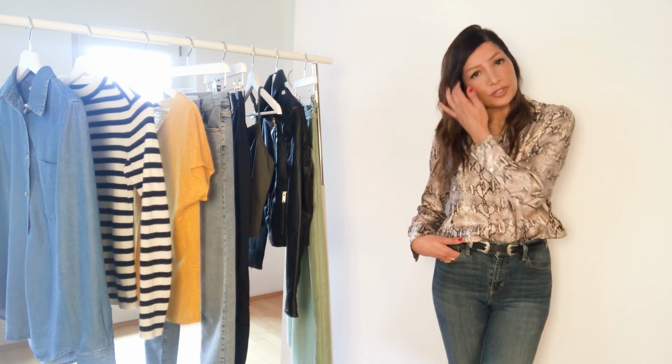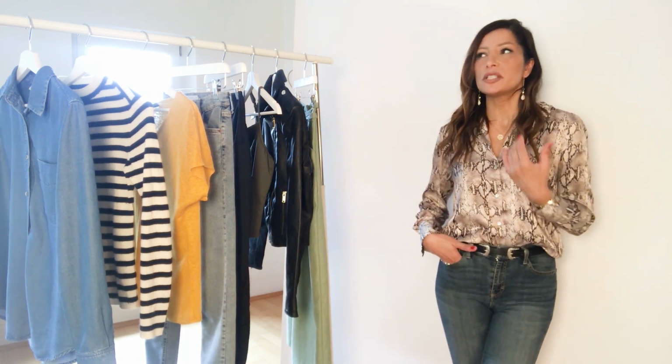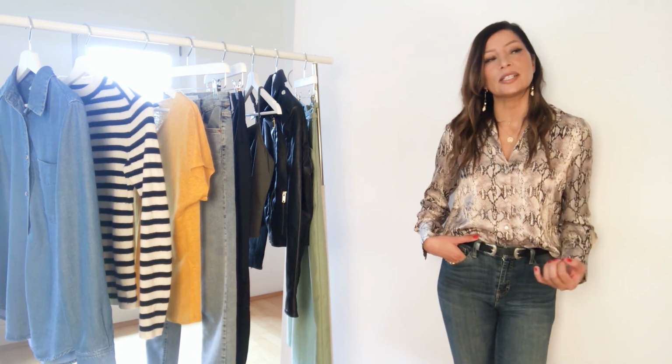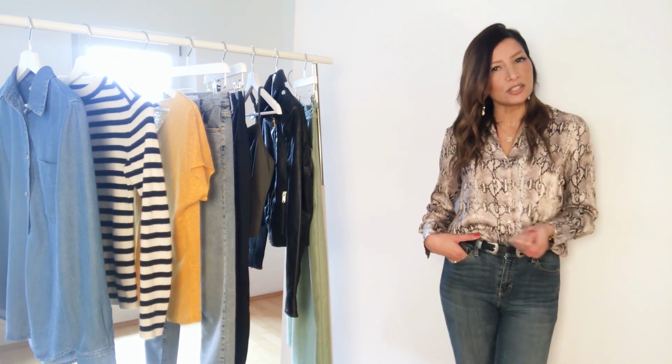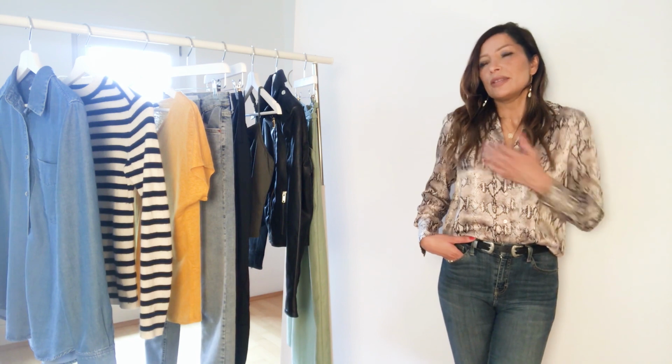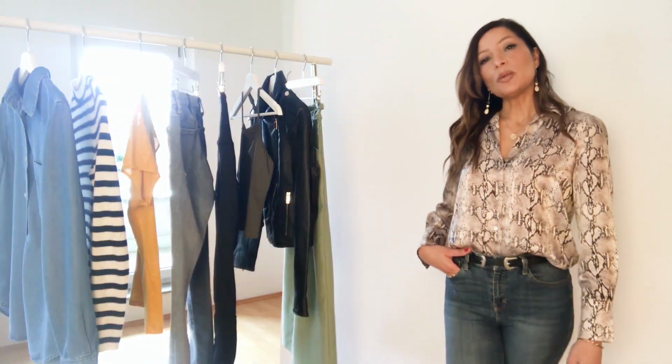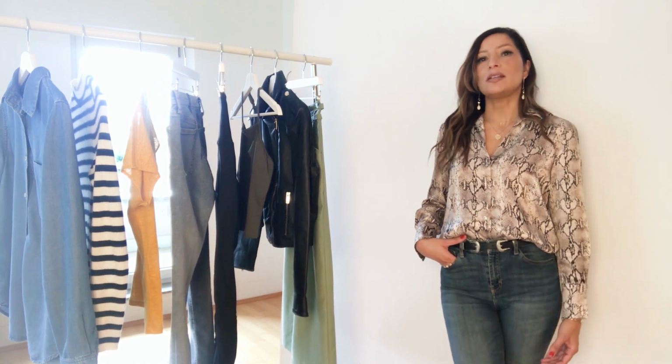I also love viscose. Viscose is a material that is not that expensive. It is a near to natural material you also don't sweat in. And these kinds of natural and near to natural materials, they feel better on the skin and they just look much more expensive. Anyway, if I could only buy one piece from Mango, it would be a leather jacket, because